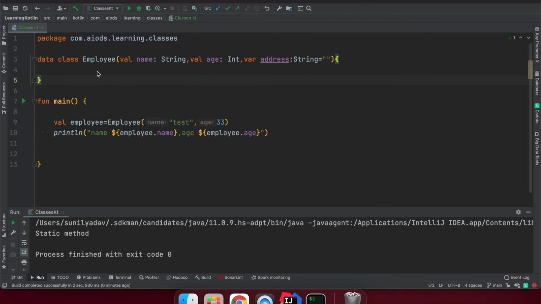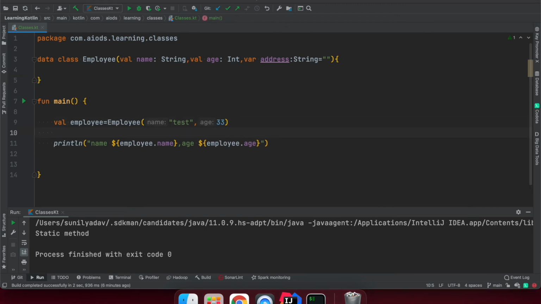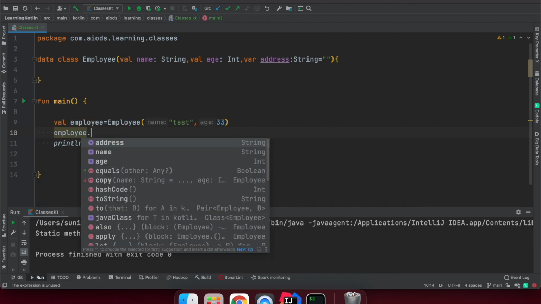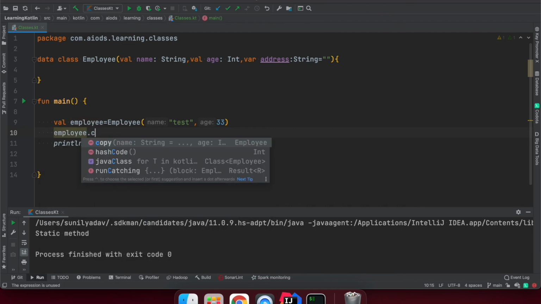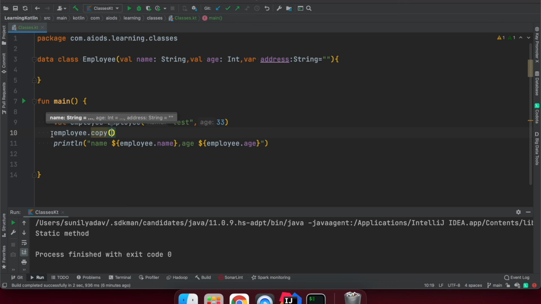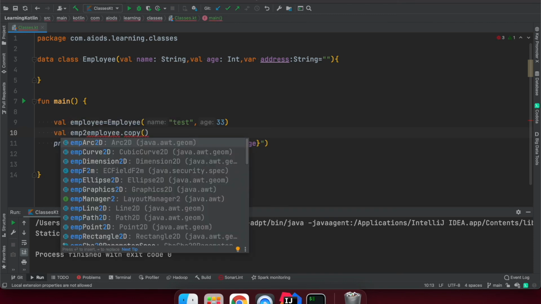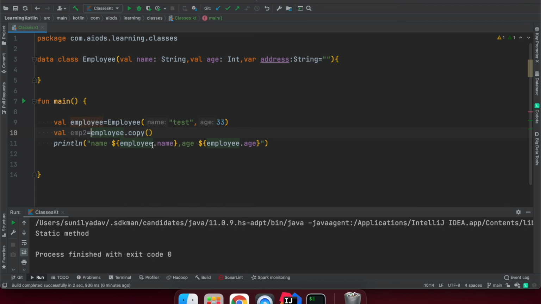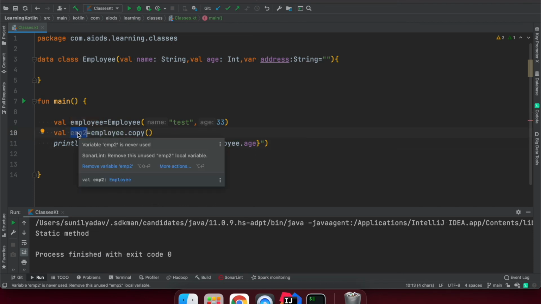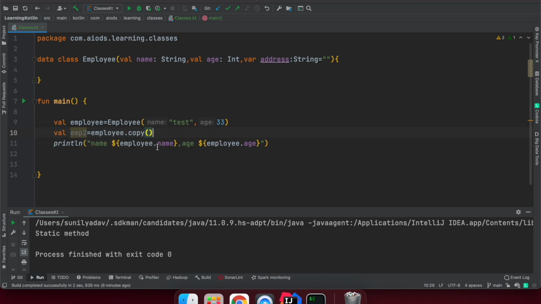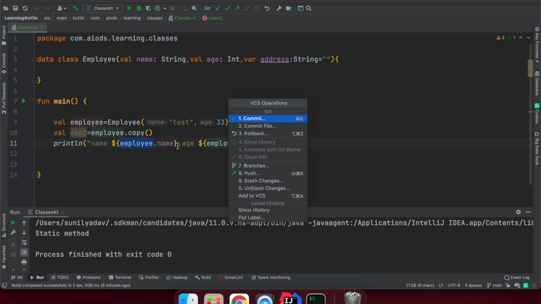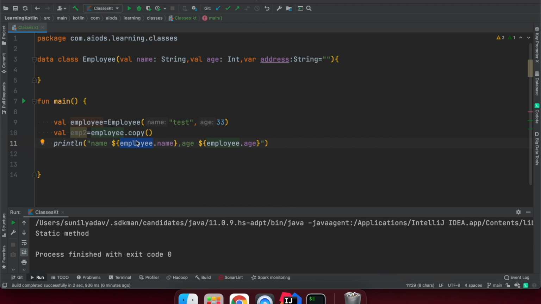Features of data classes. Data classes provide a lot of features to us. Suppose we say employee dot copy, so you can copy the same thing and create one more object, emp1, emp2. If I use this emp2 based on employee, it is going to copy all the data for me. The same data, and if you want to update anything, you can update it.